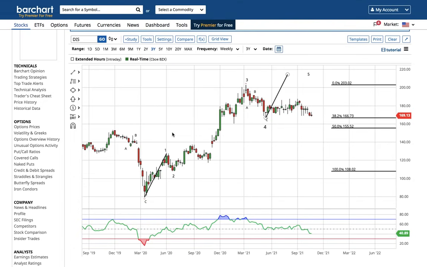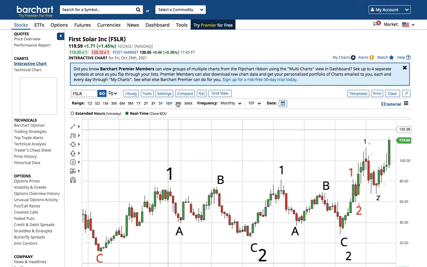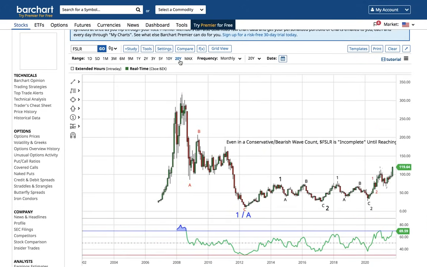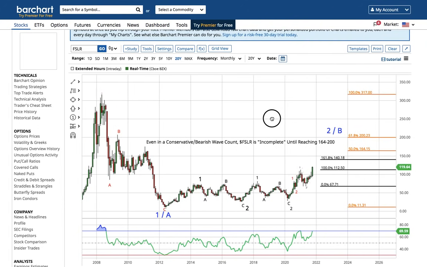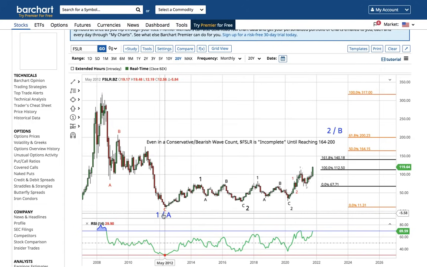Let's talk about the solar ETF. We probably should have started the video with this, but Tesla, First Solar, Enphase Energy, right? I mean, this has to be extremely important. We're going to talk about First Solar right now, because what we've done is something that we've been talking about for a while. We've broken above this wave 1 high. So let's just talk about the full count for First Solar.